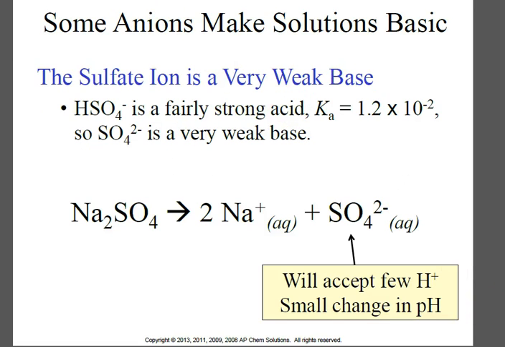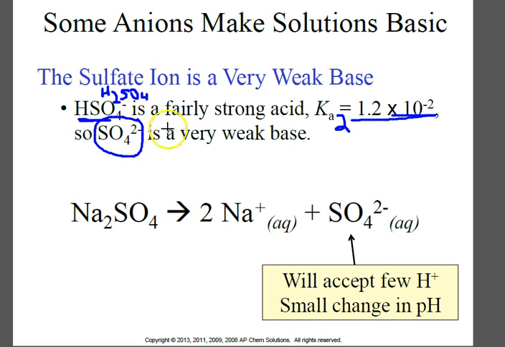All right, some other examples here. If we have HSO4, we know that is the conjugate of H2SO4. And H2SO4 is a strong acid. So HSO4 negative is not going to act as a base. However, it can act as an acid. It could give away another hydrogen. And there's the Ka value. We call that Ka2, since it's giving away that second hydrogen. So its conjugate